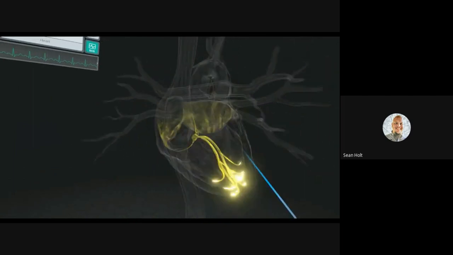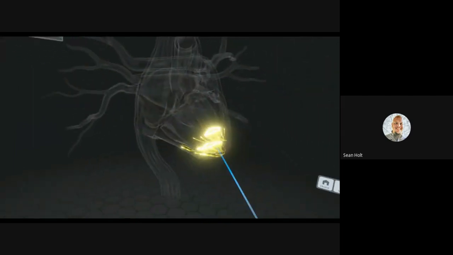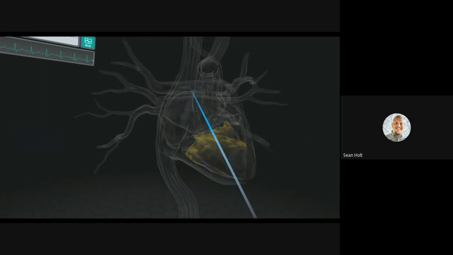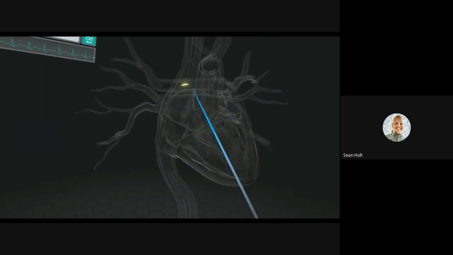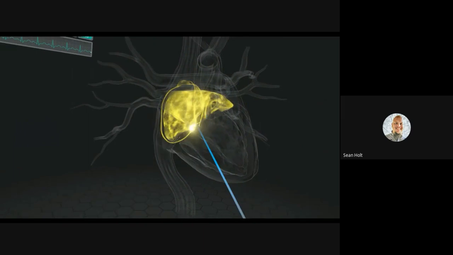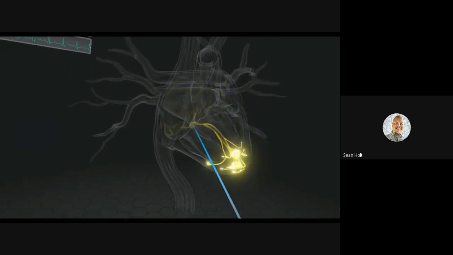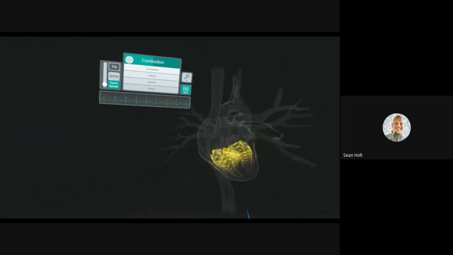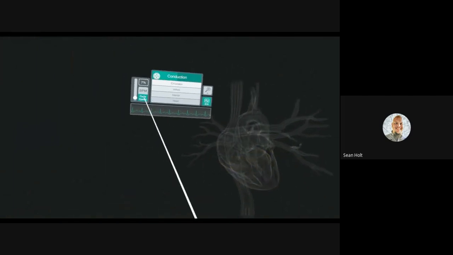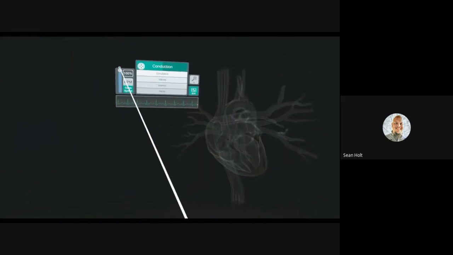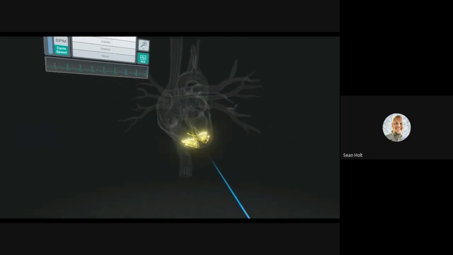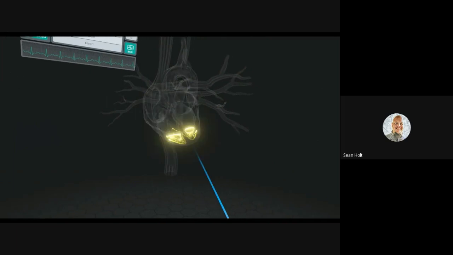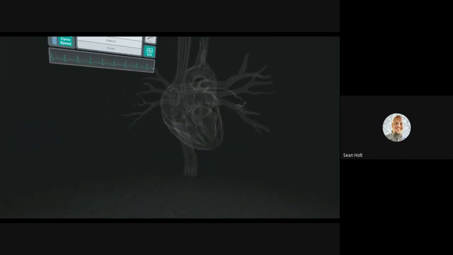So this is an interesting view, right? Purkinje fibers down here, SA node right up here up top, right there. AV node right there, okay? So now I'm going to move it back. And we're going to speed up that conduction to a regular rate. So this is the normal speed that electricity is flowing in for a heart rate